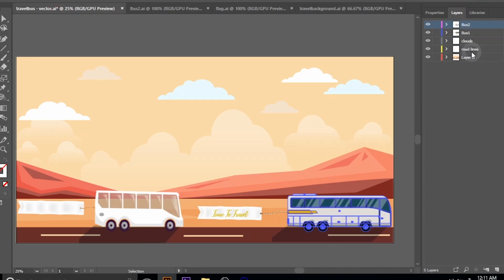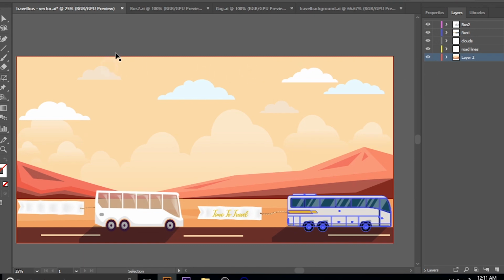As you can see, there are 5 different layers. It could have been a single layer, but it will be difficult for After Effects to understand and differentiate between the images. That's why we need to create 5 different layers. I have a bus layer, I have a cloud layer, I have road lines, I have the final background layer.